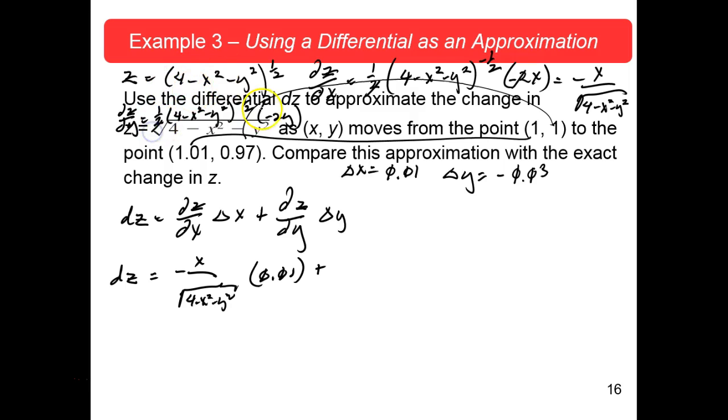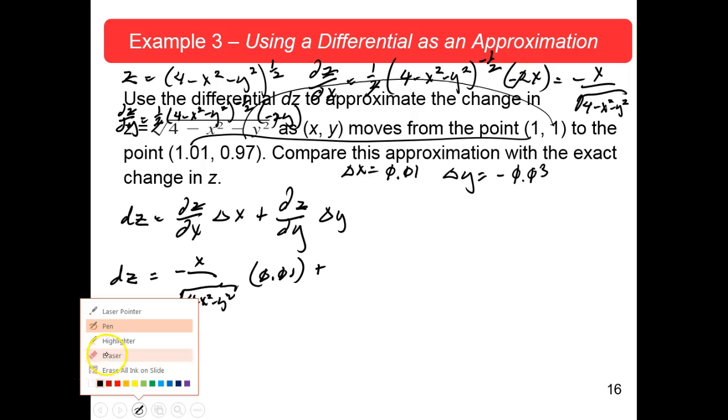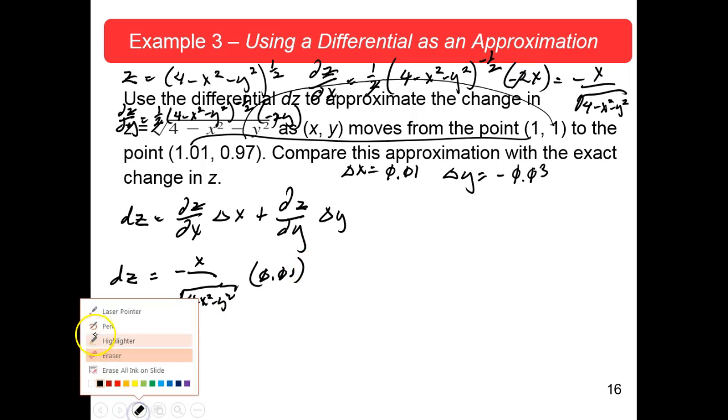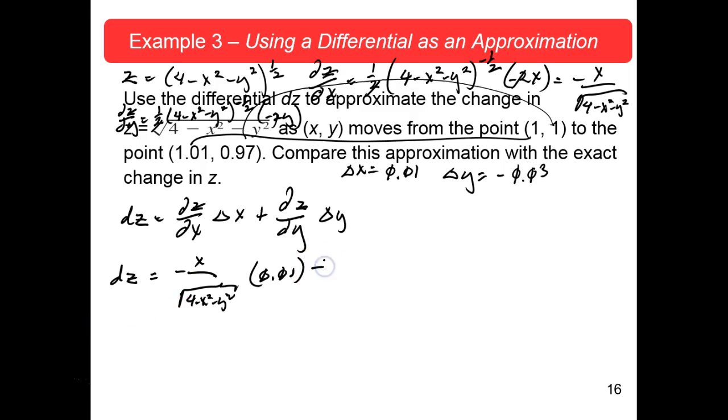And again, your 2's go out, and rather than a plus, that's going to be a minus. Minus, this time it's y over the square root of 4 minus x squared minus y squared, times your delta y, which is a negative 0.03. So how much is